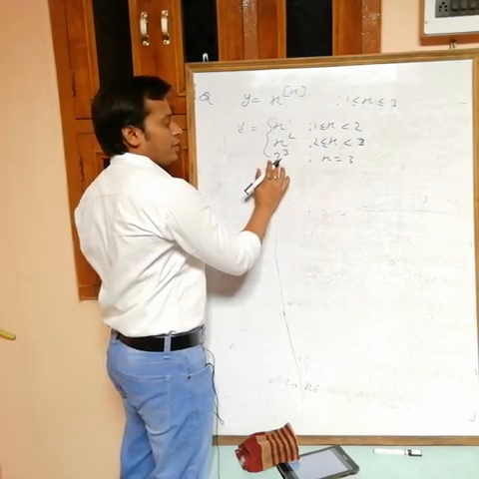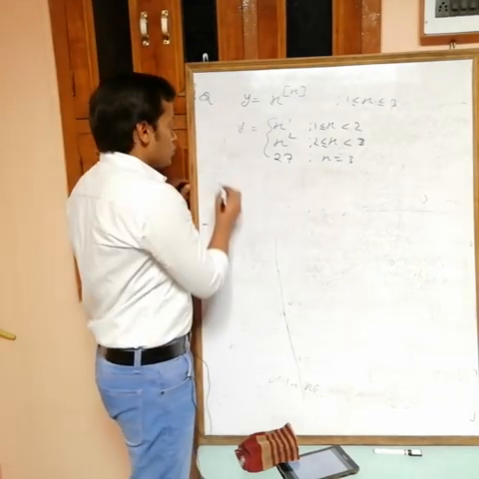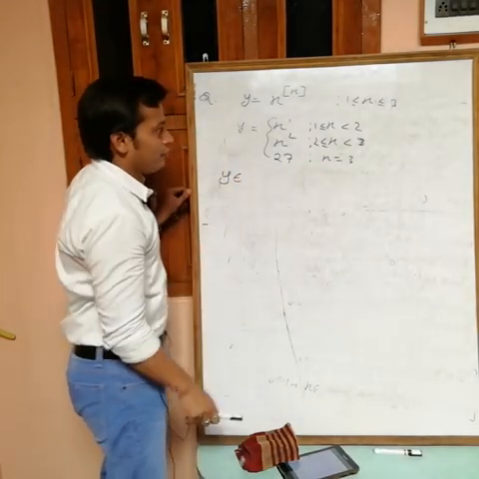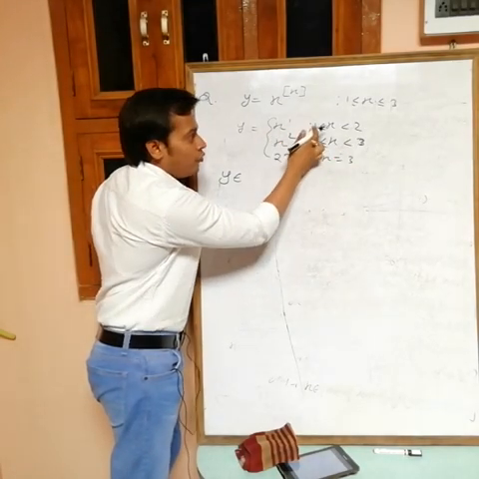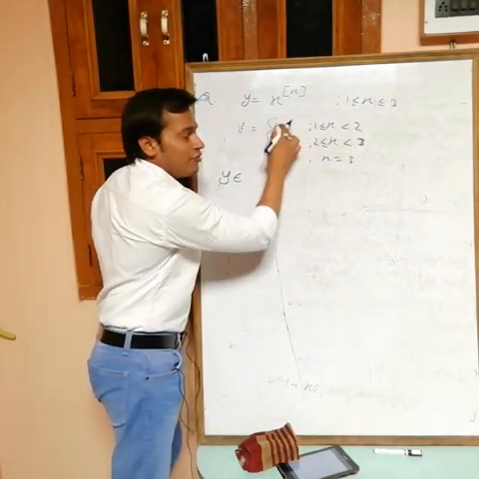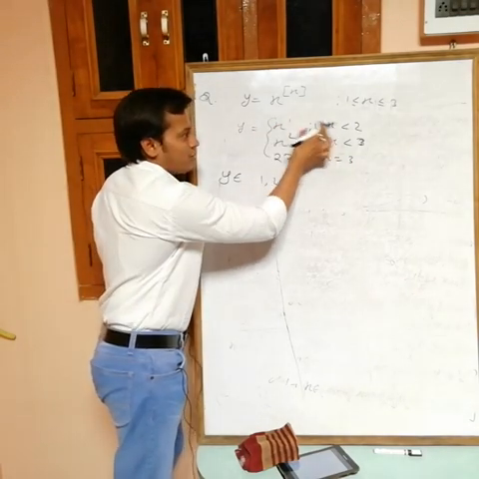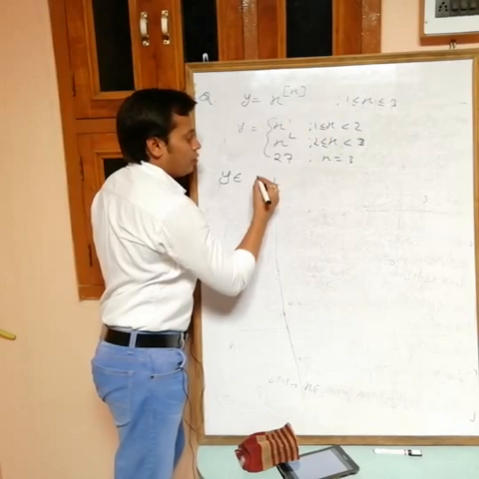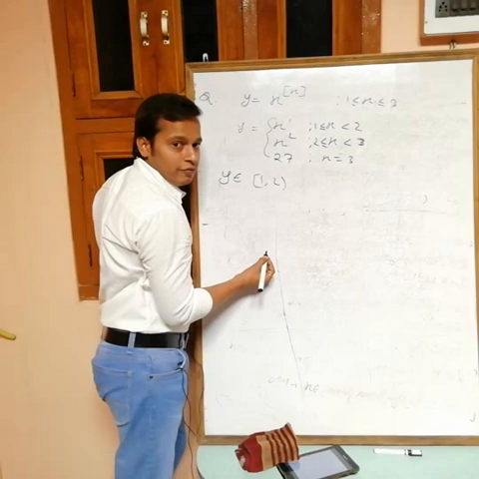So this one can I write directly? 3 power 3 is 27. Fixed value here. So y belongs to, now find the value. x from 1 to 2. This is x. If you put 1, what we are getting? 1. If you put 2, what we are getting? 2. It means value of y is 1 to 2. For this interval, 1 is included. If you put 2, then we are getting 2, but 2 is not included, so open interval.